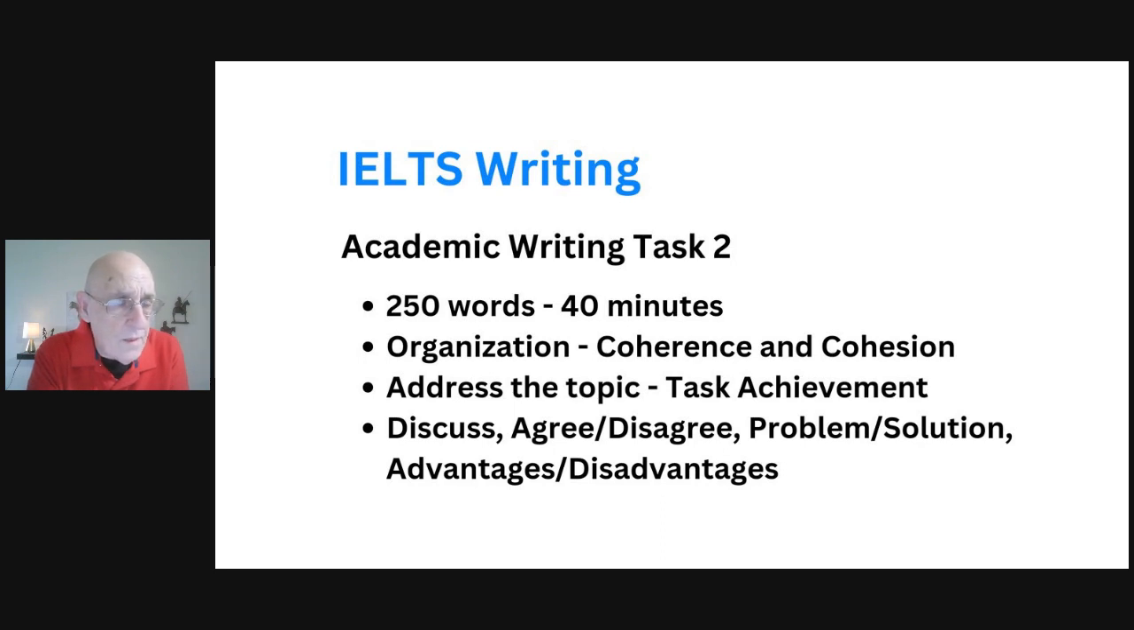The things that you'll be measured on when it comes to writing task 2 are, first, how you organize your essay. This is called coherence and cohesion. Basically, it's how you structure your essay, and 25% of your mark is based on how you structure your essay. And then you need